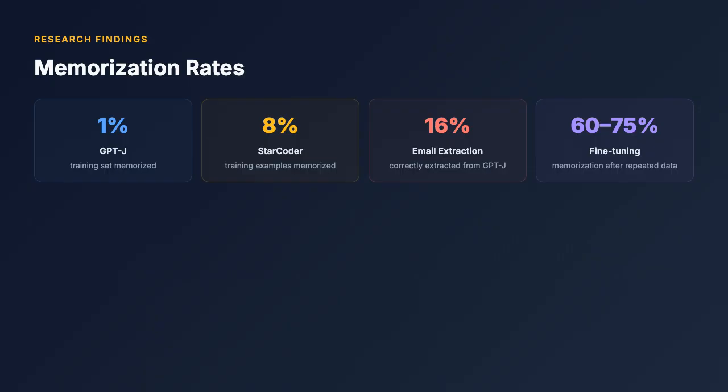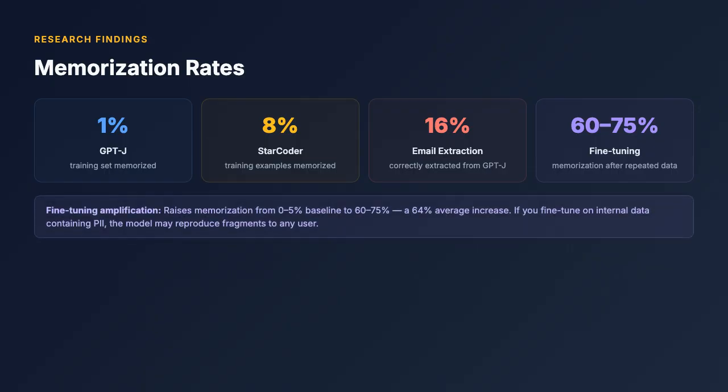Most alarming is the fine-tuning amplification effect. Fine-tuning on repeated sensitive data raises memorization from a baseline of 0 to 5% up to 60 to 75%. That is a 64% average increase. If you fine-tune on internal data containing PII, the model may reproduce fragments to any user who asks the right